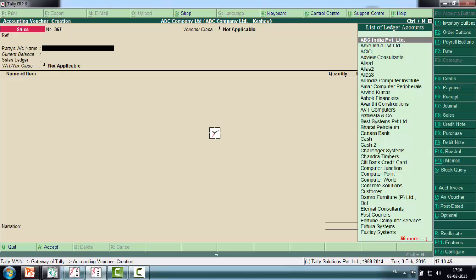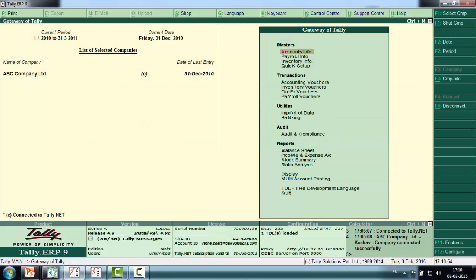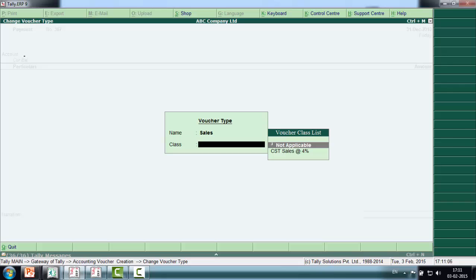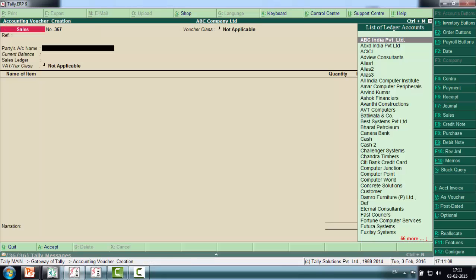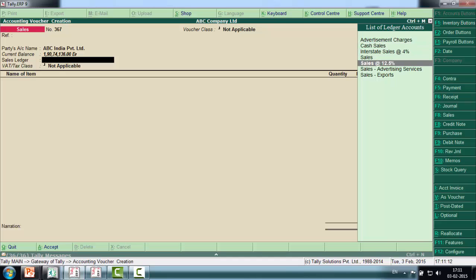By default what happens is, this is my current local system, the local Tally where data exists physically. Accounting vouchers, F8 payment, F8 sales. I select my party name and I select my sales ledger,